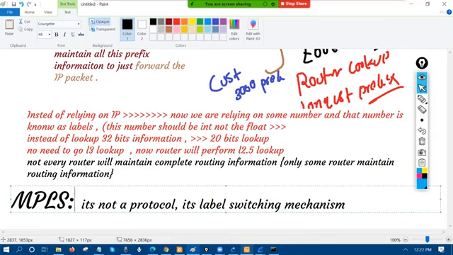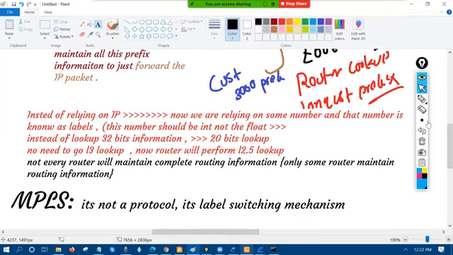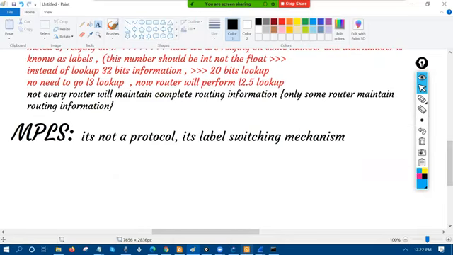So by using MPLS, what happened? Now the router will perform the Layer 2.5 lookup, 20 bits long. Not every router is going to maintain the routing table. The biggest thing now, the router is relying on two things: